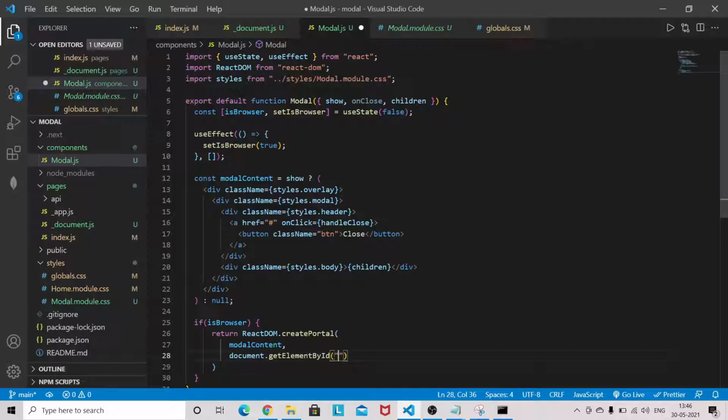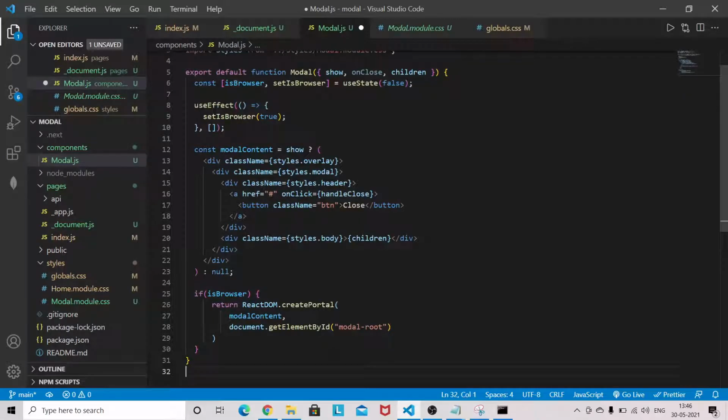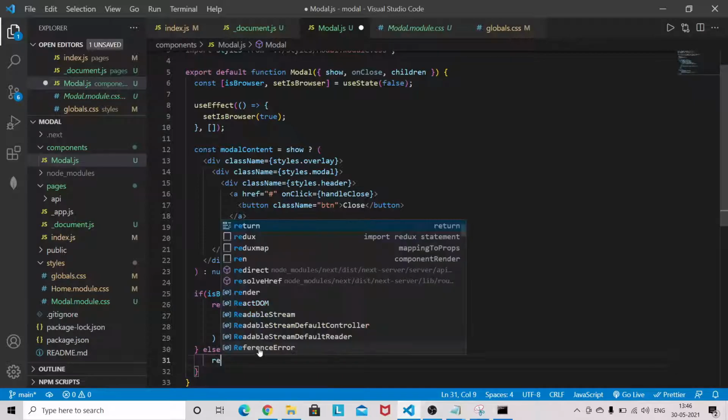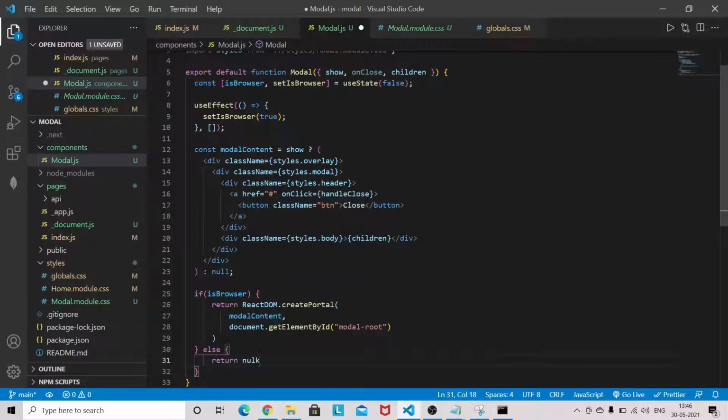So we have to provide the same id which we have provided in the document.js file, and else return null.